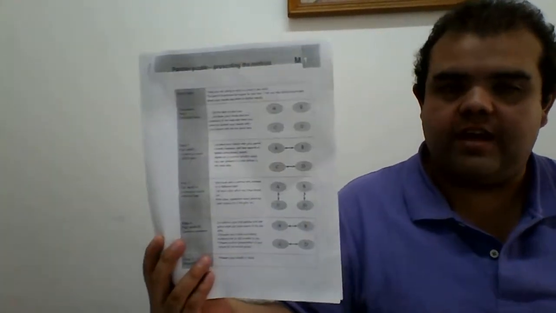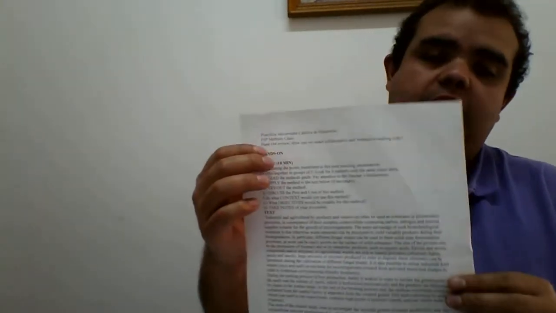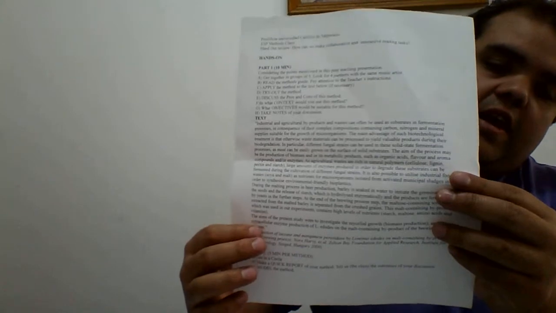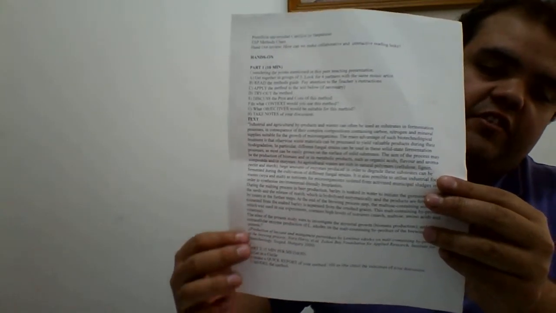So, what we want you to do in the hands-on part is that apart from this set of sheets, we're going to give you another sheet where you can find a list of instructions, and then another text and another list of instructions for the last part of the class. So what you have to do